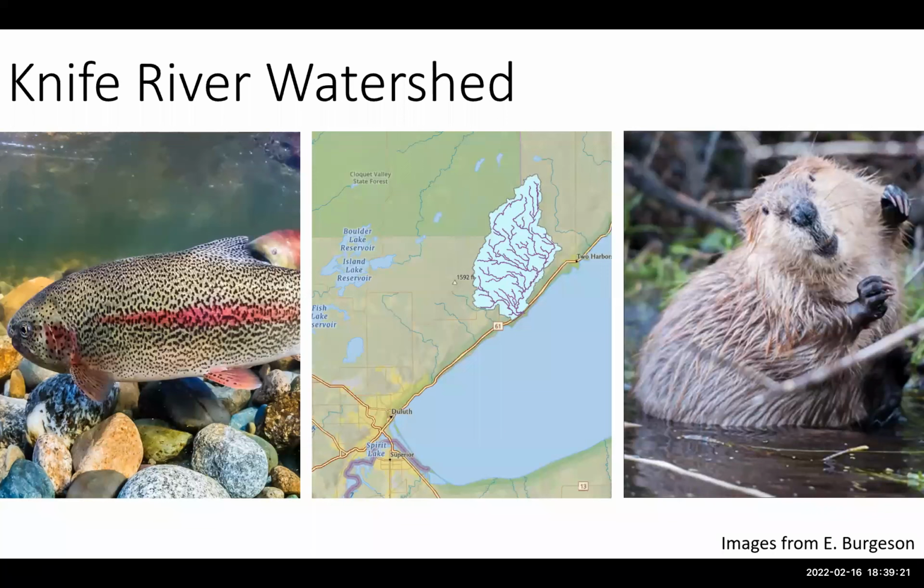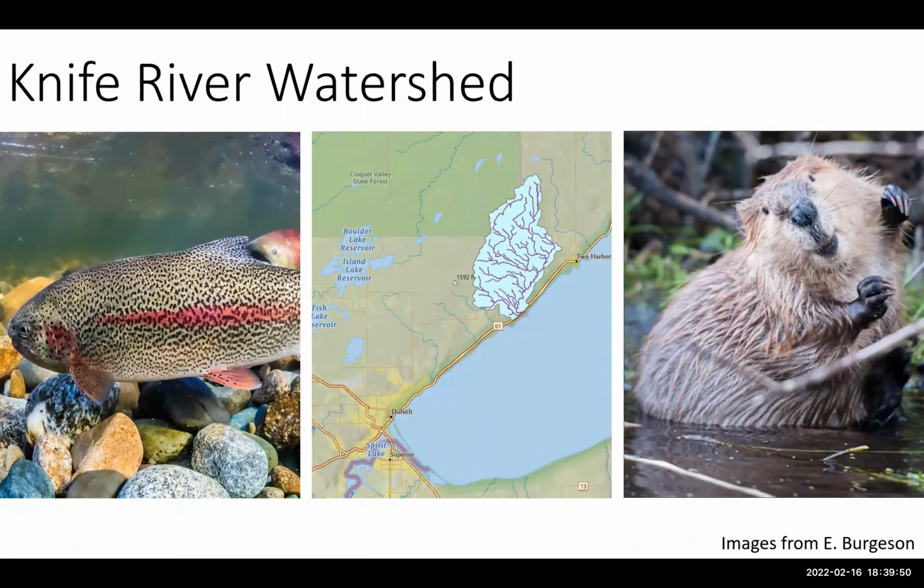So the Knife River, where this study took place, hosts a lot of spawning habitat for rainbow trout, which are also known as steelhead along the North Shore. Many streams have barrier falls that are preventing upstream migration of those spawning steelhead, but the Knife does not, and that makes it a really valuable resource for anglers. This leads to management practices that optimize steelhead survival growth and reproduction. And one of those management practices involves removing beavers and beaver dams from main stem channels within the Knife River